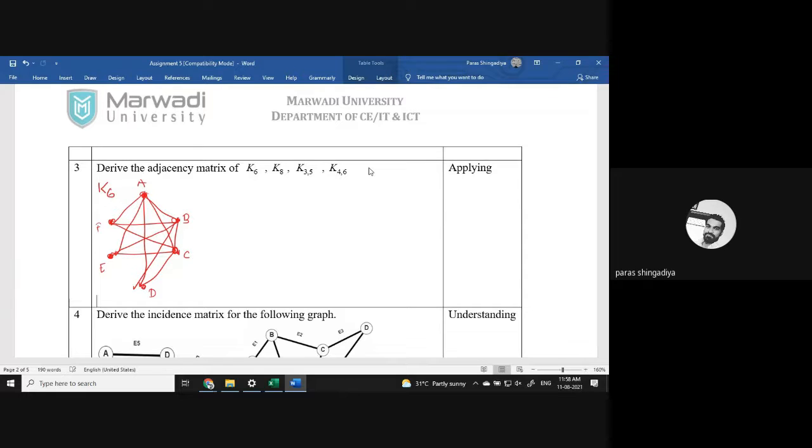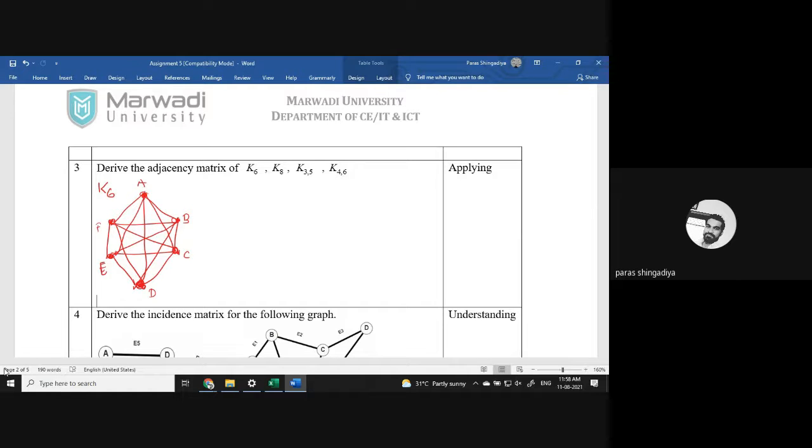Clear? That is for the third vertex. Now for D, which connections are remaining? D to E and D to F are remaining. Connect these. And now from E only one connection is there, E to F. So that is the K6 graph. Then verify this graph: the degree of each vertex should be 5. As we know, for any complete graph with n vertices, the degree should be n minus 1. So here the degree of every vertex should be 5.